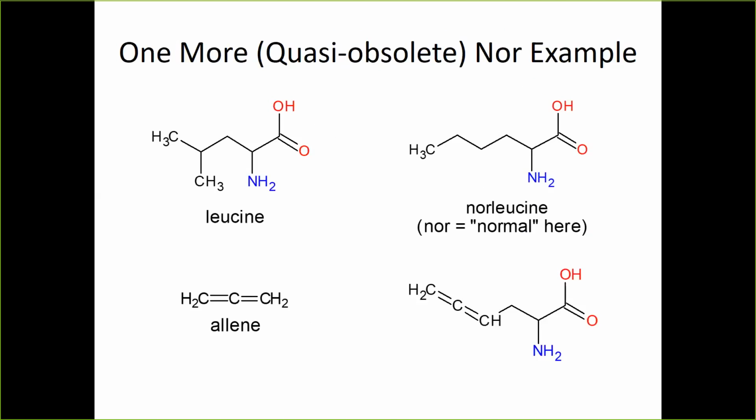If you look at this structure and compare it to the norleucine above, because that's what it's named after, you've got the leucine part of it, the amino acid part, and then the side chain has 4 carbons in a straight chain, similar to norleucine, only instead of all those sp3 hybridized carbons, you have an allene in there. And so when you name this, it's allenic norleucine. Like I said, this one uses multiple naming conventions. The allenic part comes from the allene, and the nor part comes from the fact that this is norleucine, which is the parent name of this compound. And allenic norleucine is interesting.